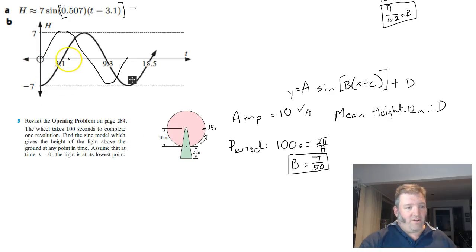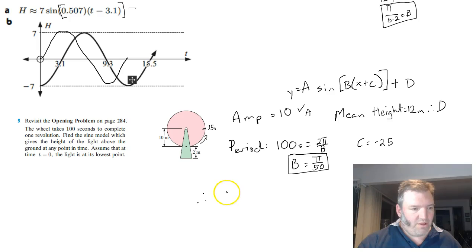So my graph is going to shift and not really start the traditional sine pattern where we can see the shift until 25 seconds. So 25 seconds to the right, so it's got to be minus 25 for C. So C is going to equal minus 25. And therefore we've come up with at least one of the possible models. So we're modeling the height, so why don't we call this h of t